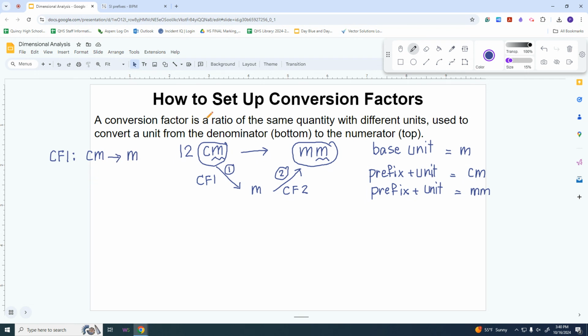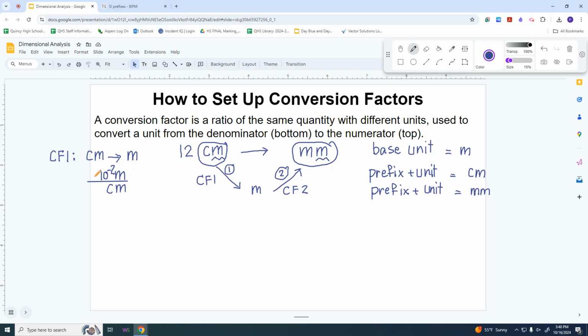So you convert, always follow the arrow, okay? You convert from centimeter to meter. The unit that you want, following the arrow, is going to be meter. The unit that you want to cancel is centimeter, okay? So centimeter to meter. Now you have m and m, meter, that look the same. For centi, you have to have something on the top that is exactly as centi. So it's going to be 10 to the negative 2, okay?